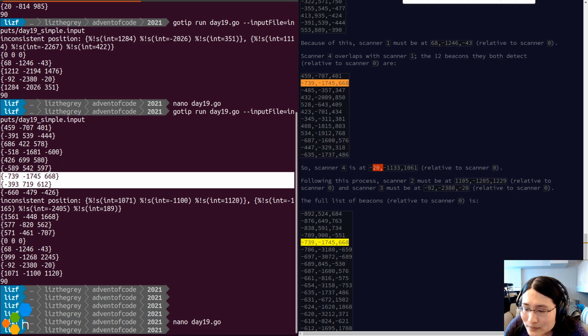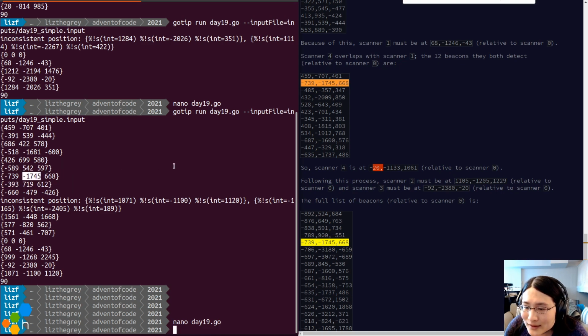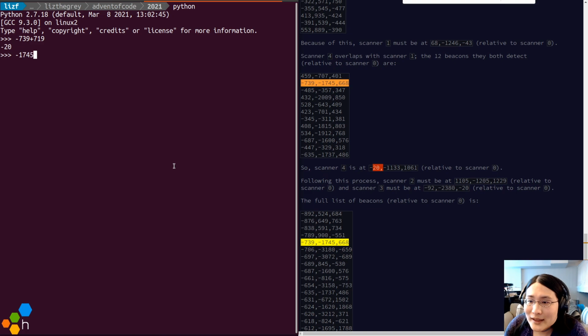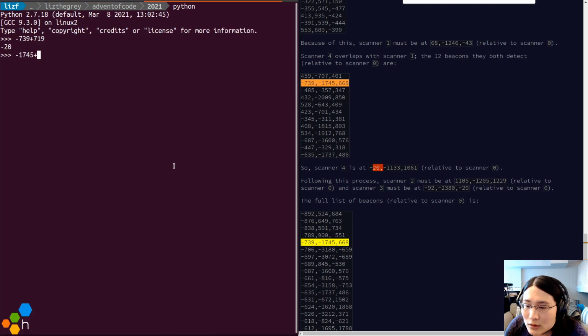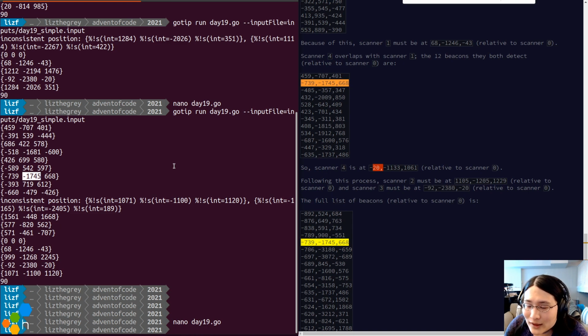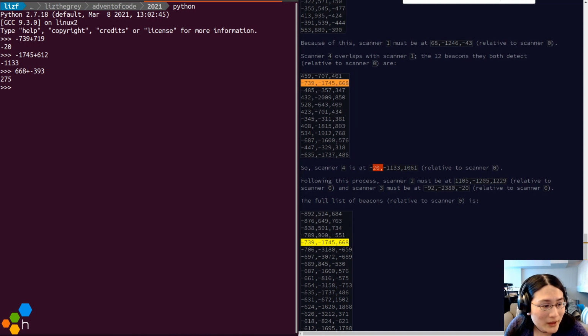And taking -1745 plus 612, I think, produces -1133. And then that leaves the last pair, which is 668 plus -393, which produces, -668 minus -393 produces 1061. So the offsets I'm looking for are essentially